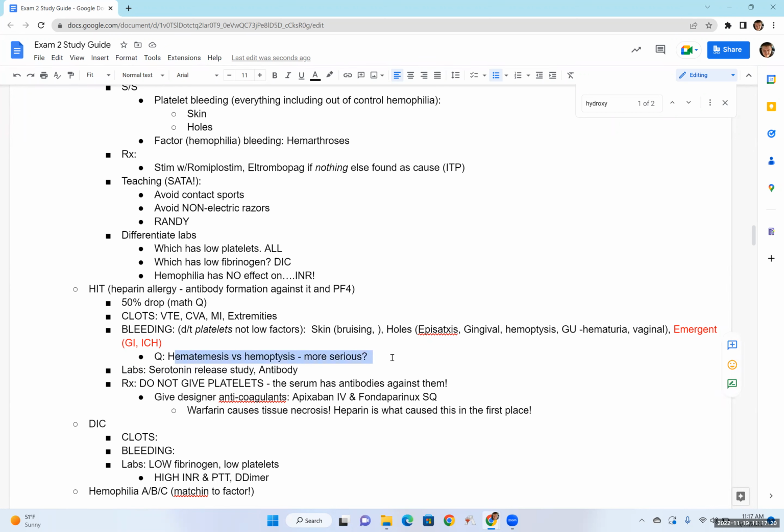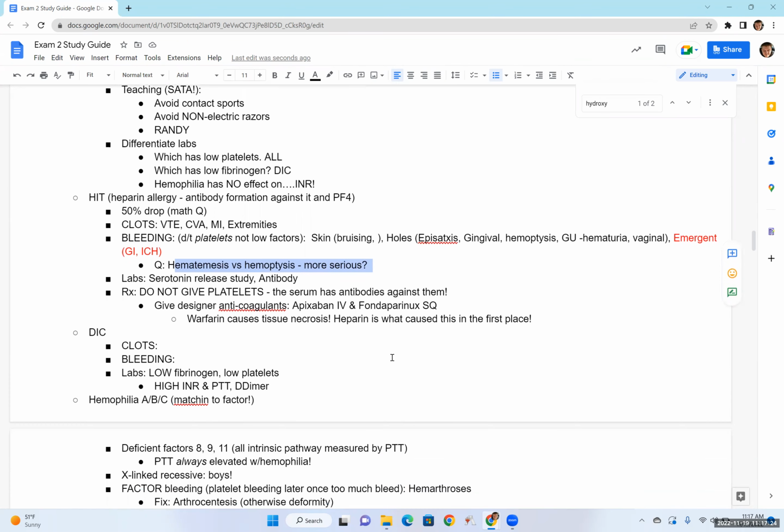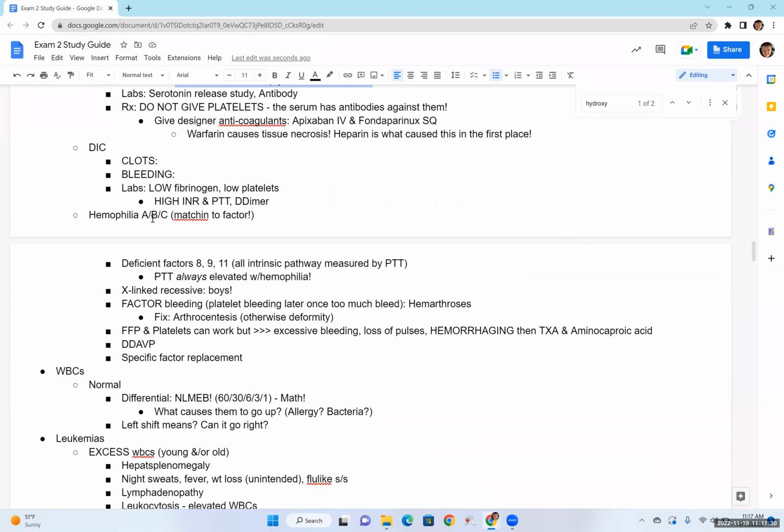Hematemesis, right? So yeah, if you start using all your platelets, you can start using all your factors. You keep bleeding with hemophilia, you're losing all your factors, right? Which factors are they? 8, 9, 11, right? And then if you lose all those factors, you're bleeding, you're losing platelets. That's the most common reason for your platelets being low, because you're bleeding. Right? But usually you're going to start having